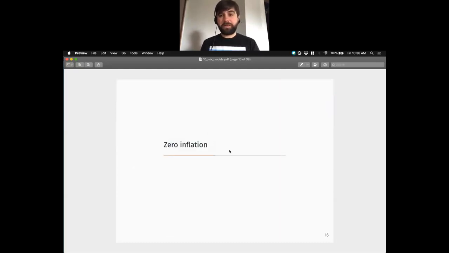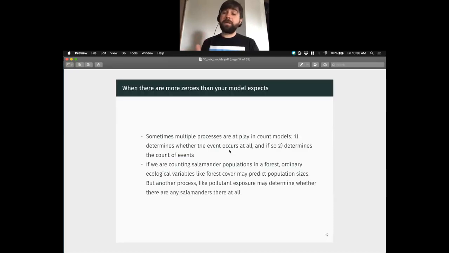Zero inflation. Now, I'm not going to actually use the fatal encounters data anymore today. I'll explain why now. Sometimes we have multiple processes going on in count models, right? We could have, in our count model, process A that determines whether the event occurs at all, and process B, if it does occur, determines how many events occur. So we could have a binary process, yes or no, the thing happened. And then a second process, how many events happened. And if we have that set up,